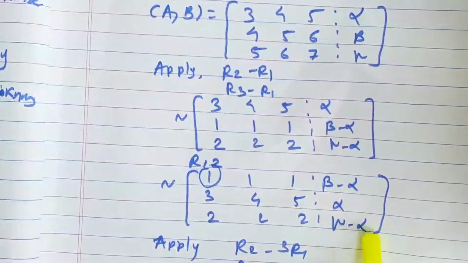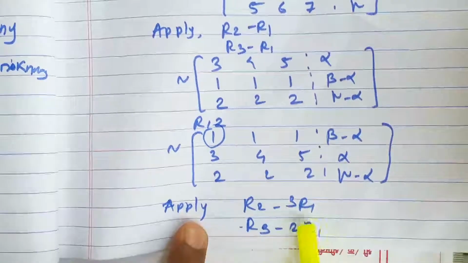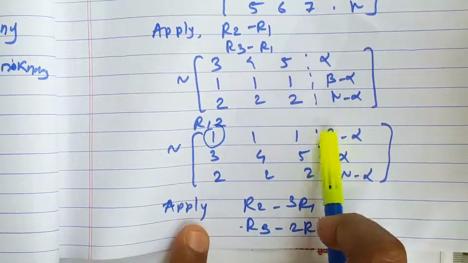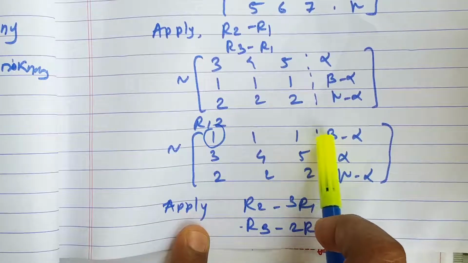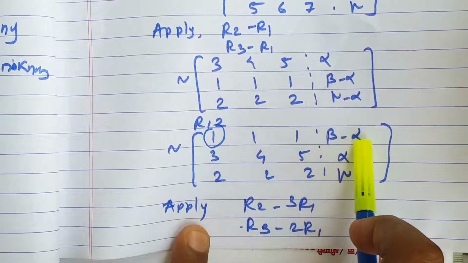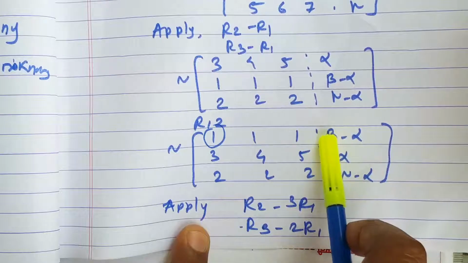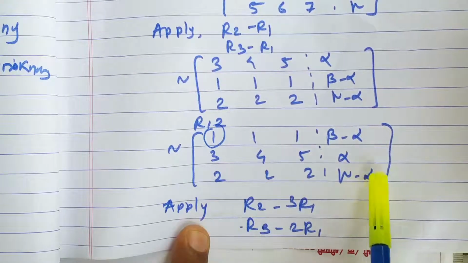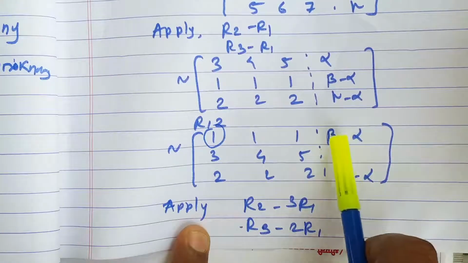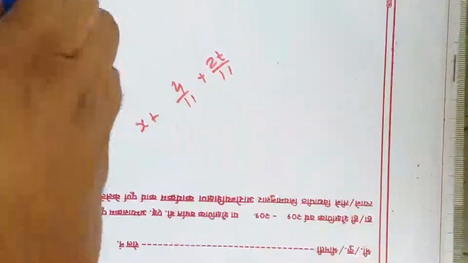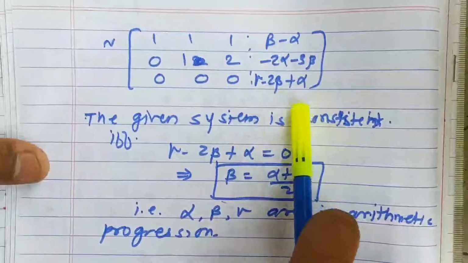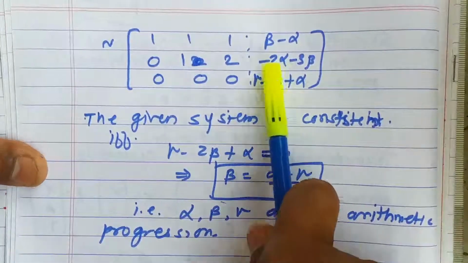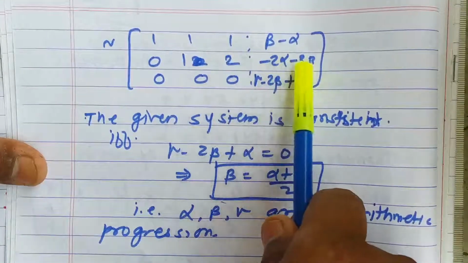We have here alpha, gamma minus alpha, and the transformation we are doing is 2 times R1. If you multiply this by 2, we'll get here 2 beta and minus 2 alpha, and we are subtracting. So here we will have minus 2 beta plus 2 alpha. 2 alpha minus alpha will become alpha, means gamma plus alpha minus 2 beta will be the value at the last place, and this will be the value after doing the second row transformation.